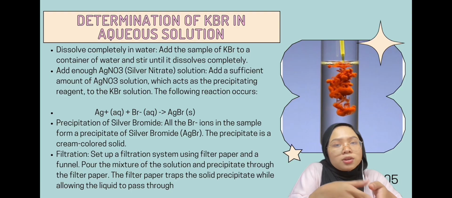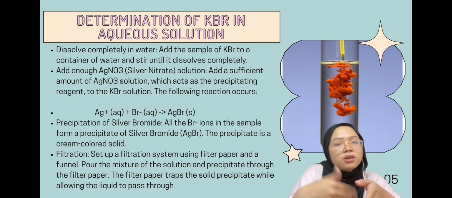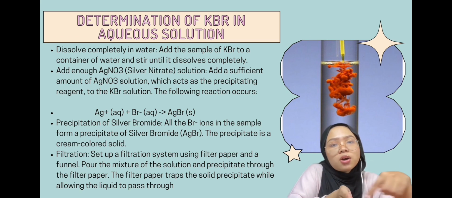To illustrate the methodology, let's consider the determination of KBr, which is potassium bromide, in an aqueous solution using the precipitation method. The process involves several steps to achieve accurate and precise results. First, the sample of KBr is dissolved completely in water by adding it into a container and stirring until it dissolves completely. Next, an appropriate amount of AgNO3, silver nitrate solution, acting as the precipitating reagent, is added to the